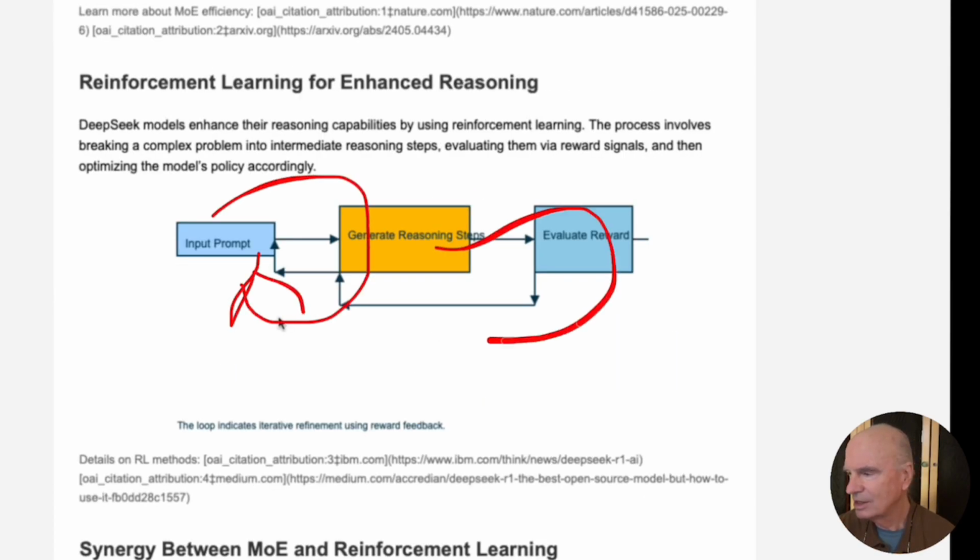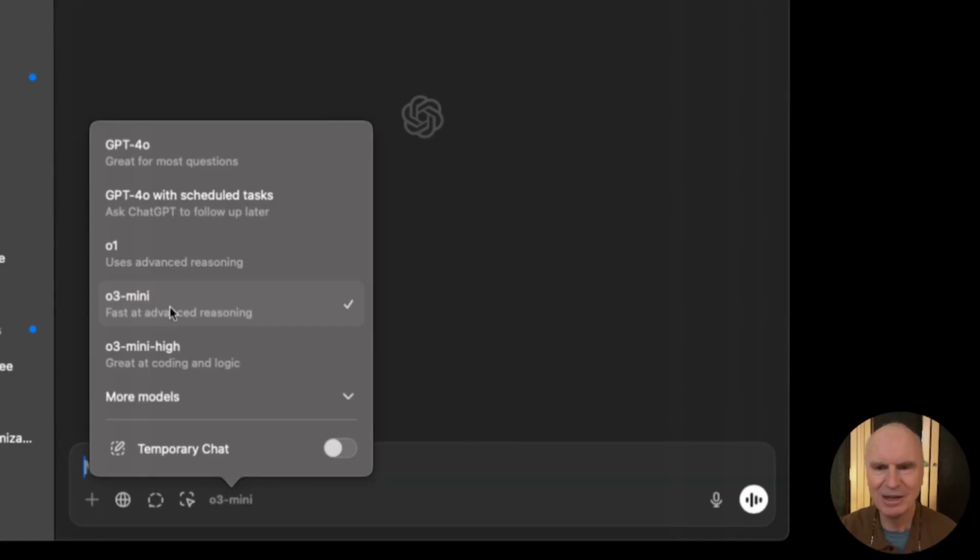And at each stage, it's checking itself. And those two pieces add up to making the model much better. Because I'm using CueCam, I'm going to document myself exploring it. CueCam can work with other tools such as ChatGPT, TextEdit, Safari, and then render into a presentation that's then delivered using CueCam. This is ChatGPT O3 Mini,